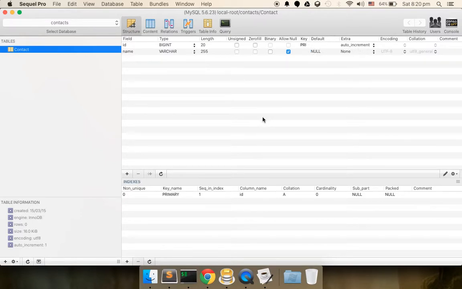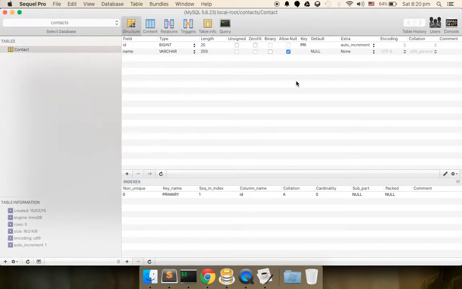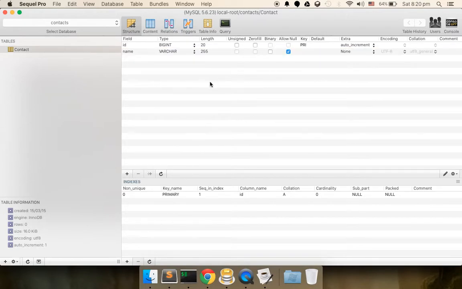This stuff is done by the Playframework, that magic that they do inside, it is all from there. Did I change this? Did I not change this? I don't know. Anyway, so okay,